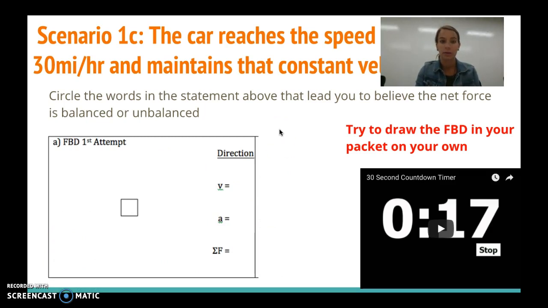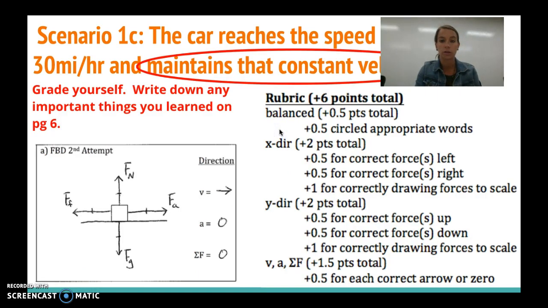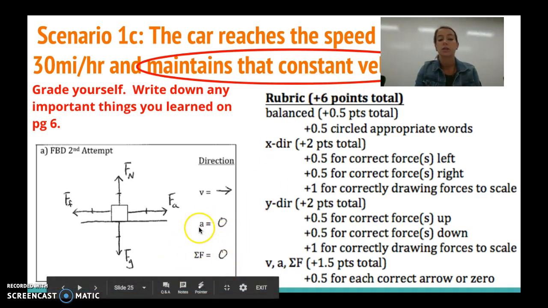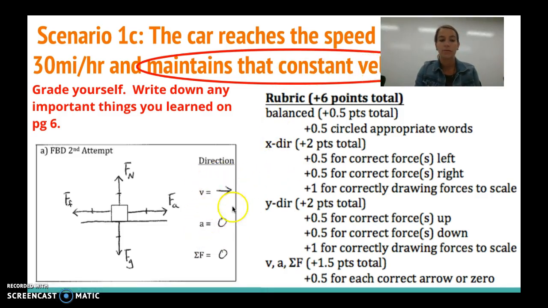All right, let's see how you did. So you should have circled constant velocity. Don't forget, constant velocity, even though you're moving, means the net force is 0, okay? Acceleration 0, we're not speeding up, we're not slowing down. We have a constant speed, and the velocity is to the right, okay? We learned that in Unit 1, and it's still a really hard concept, but if you're moving at a constant velocity,